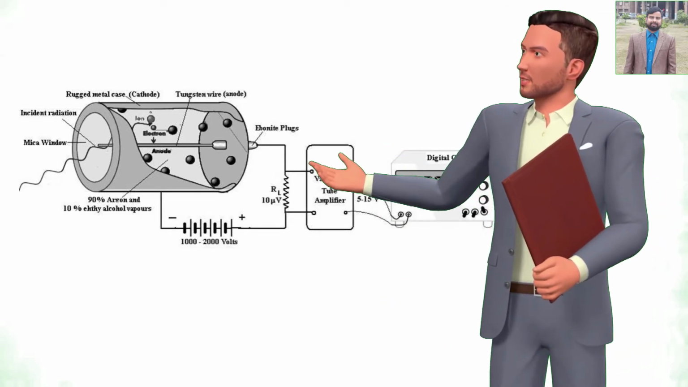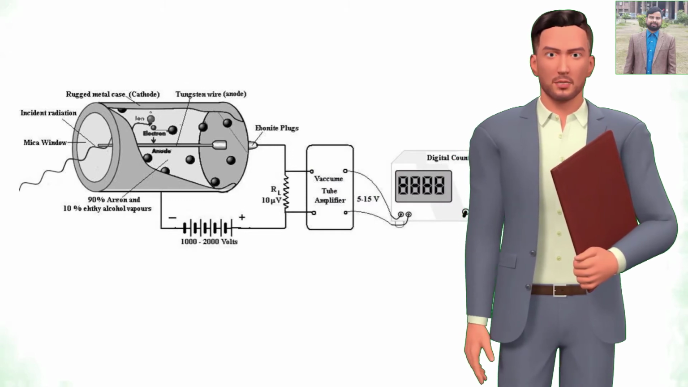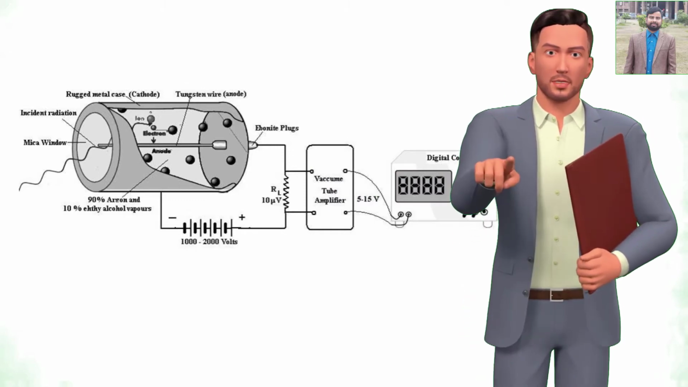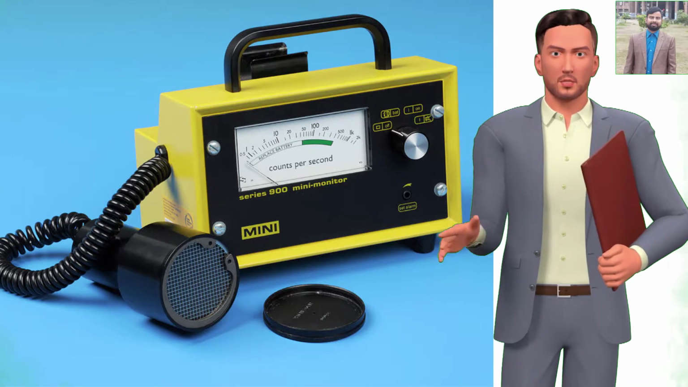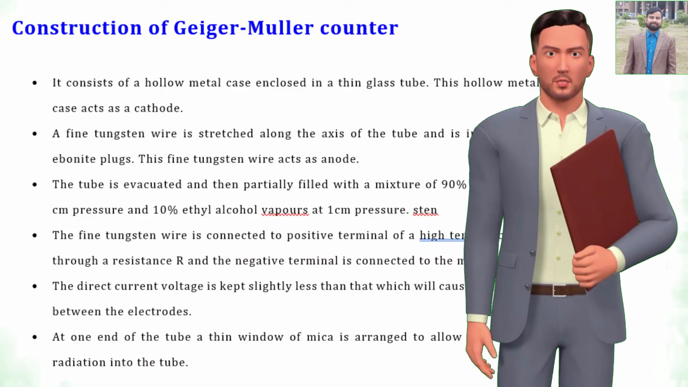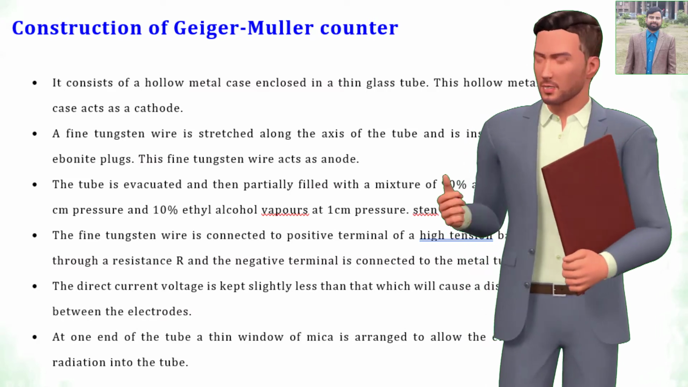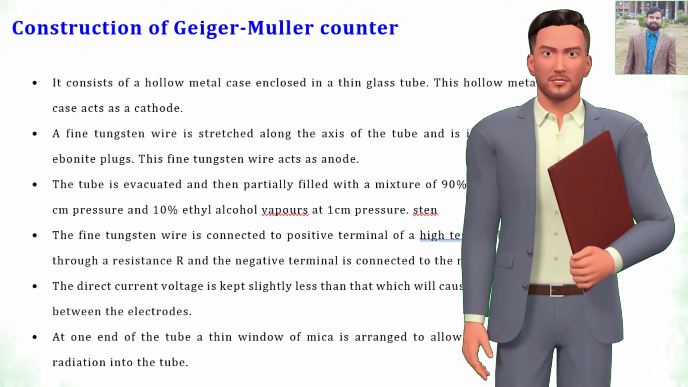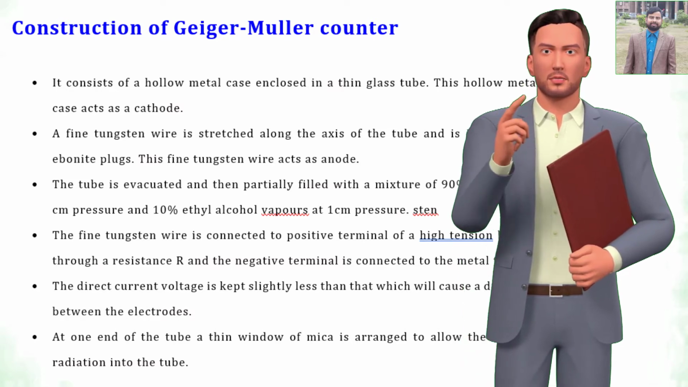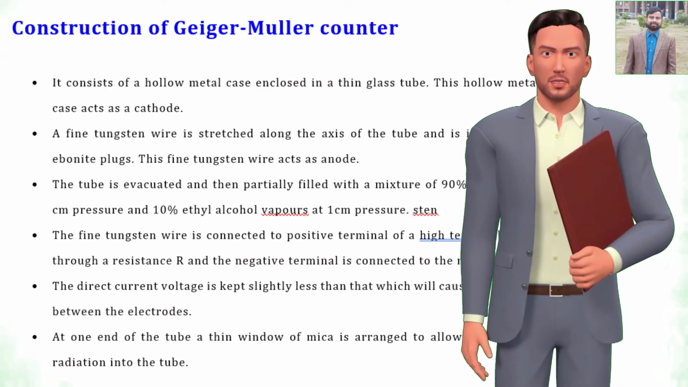The tube is evacuated and then partially filled with a mixture of 90% argon at 10 cm pressure and 10% ethyl alcohol vapors at 1 cm pressure. The fine tungsten wire is connected to the positive terminal of a high-tension battery through a resistance R, and the negative terminal is connected to the metal tube. The direct current voltage is kept slightly less than that which will cause a discharge between the electrodes. At one end of the tube a thin window of mica is arranged to allow the entry of radiation into